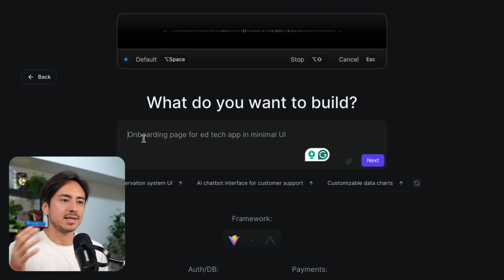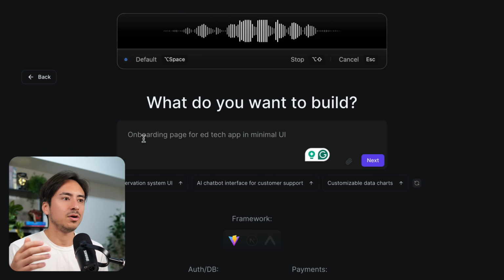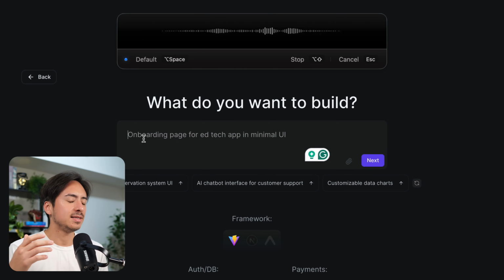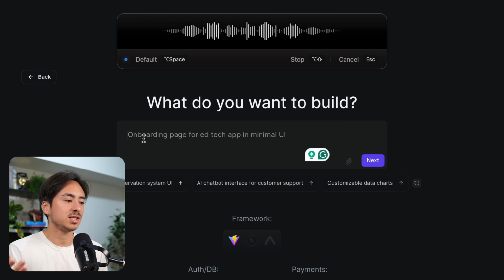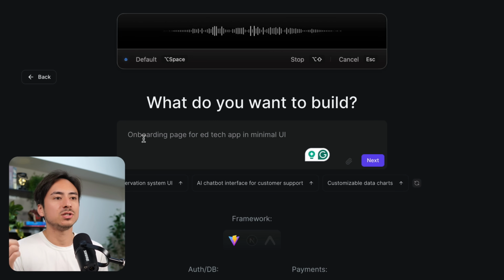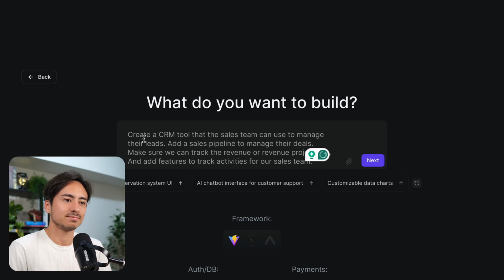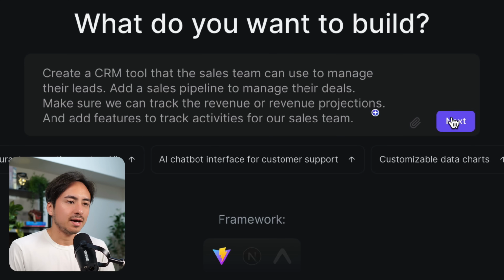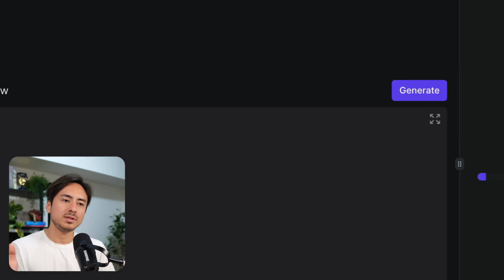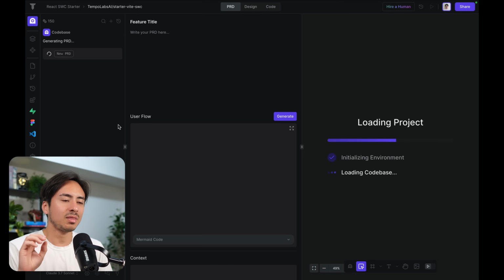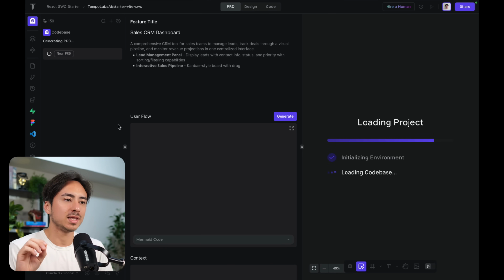Create a CRM tool that the sales team can use to manage their leads, add a sales pipeline to manage their deals, make sure we can track the revenue or revenue projections, and add features to track activities for our sales team. So just like that, I got my initial prompt. Let's hit next. And we are in here within the Tempo